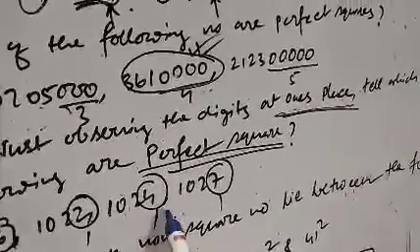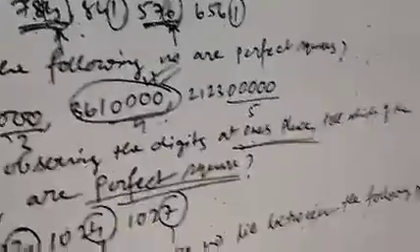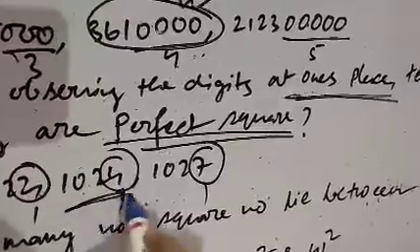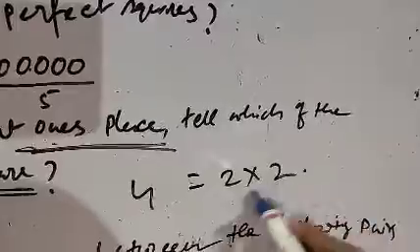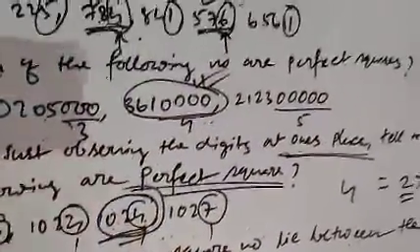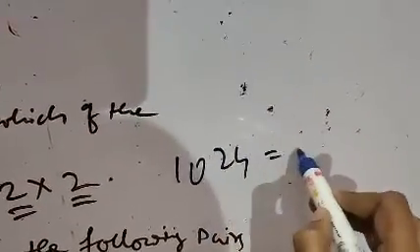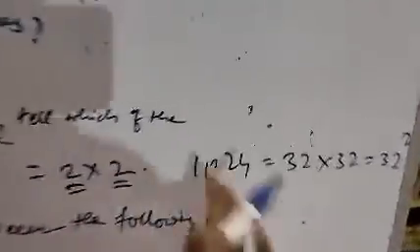Now clearly you can see the digit 4 in 1024 can be expressed as the product of two equal integers. Here in 1024 the one's digit is 4, so you can break 4 as 2 into 2, two equal integers. So 1024 is the perfect square number. Actually, if you break 1024, it is 32 into 32, that means 32 squared. So this is a perfect square number. Clear? Next,